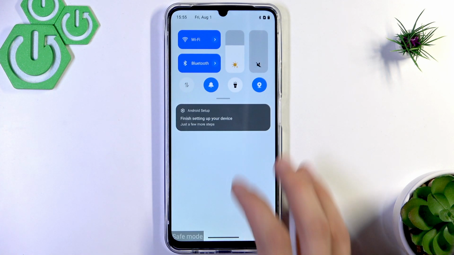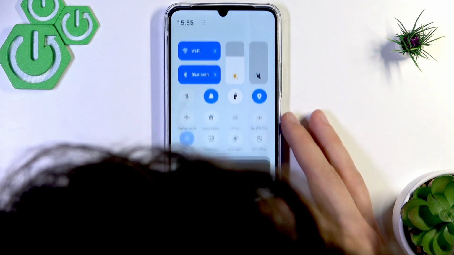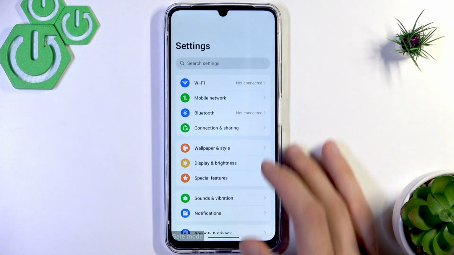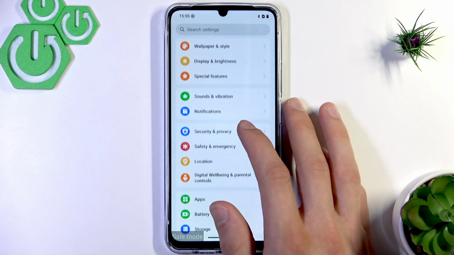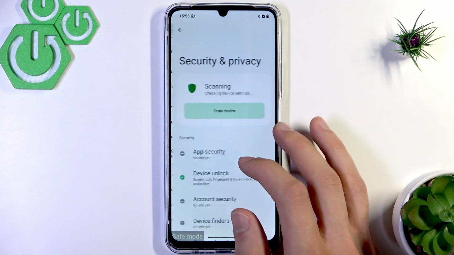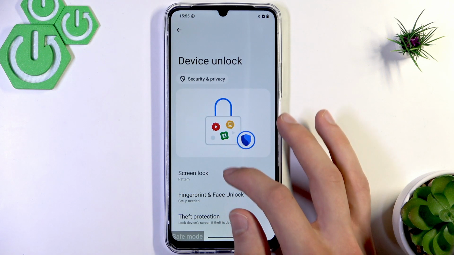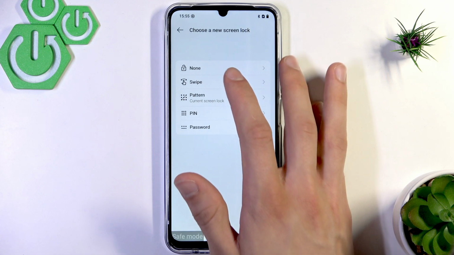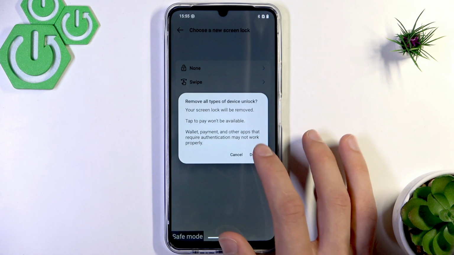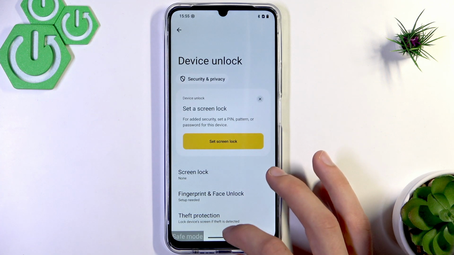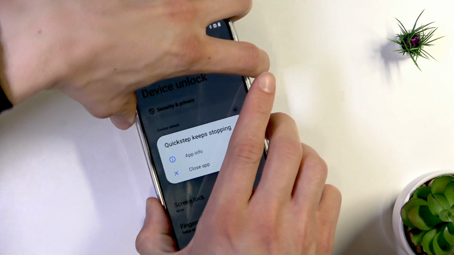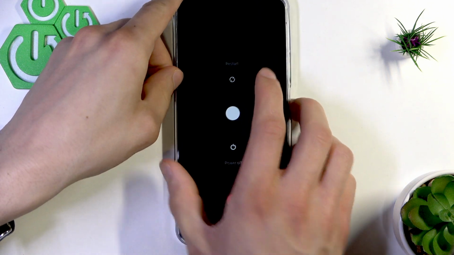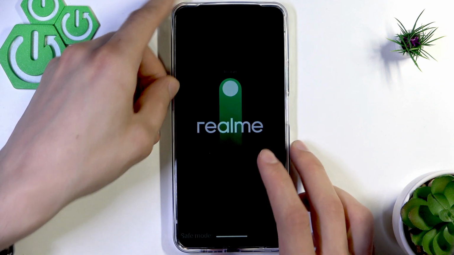Then go to settings right here, then scroll down to security and privacy settings, select device unlock, select screen lock, enter it right here and change it to none. And now press the power button and volume up key at the same time and select restart,